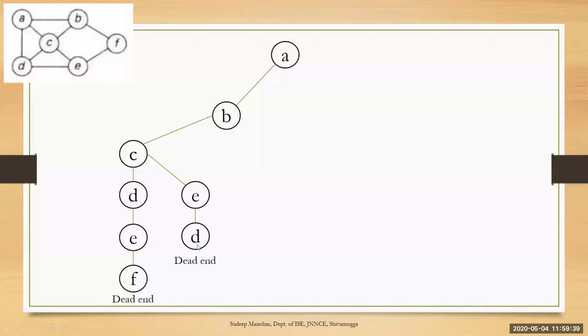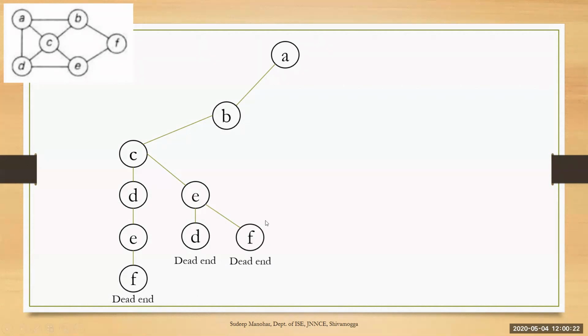When D is a dead end, now you have to backtrack. You can backtrack to E. When you were in E, you have chosen D. The other path is you can move to F, because F is not chosen in this path. You can choose F. From F, there are two paths. One is to B, the other one is to E. B and E both are part of the expected cycle. That means even F is a dead end. You cannot go further, and all the vertices are not yet covered. Still one vertex is remaining. So this is a dead end.